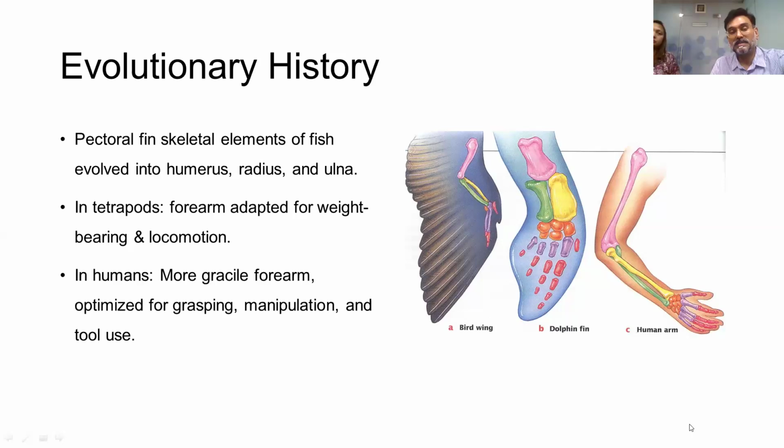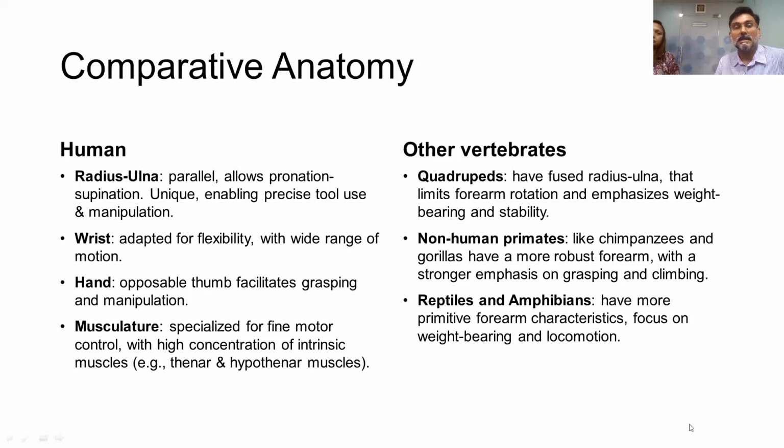In tetrapods, the forearm has been adapted for weight bearing and locomotion, whereas in humans, the forearm is more gracile and it is optimized for grasping, manipulation, and tool use. Taking a look at the comparative anatomy, the human radius ulna is parallel and allows pronation supination. This is a unique feature which enables precise tool use and manipulation. The wrist is adapted for flexibility with wide range of motion, and the hand has an opposable thumb which facilitates